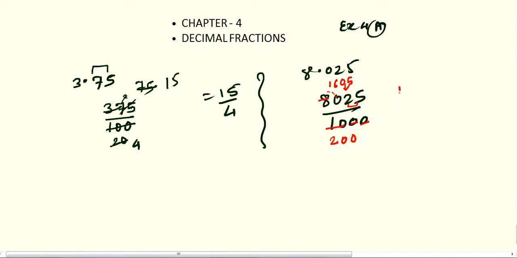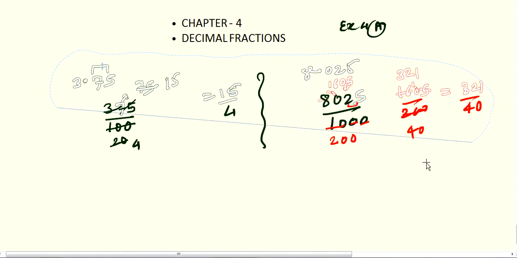Clear? Now we are having 1605 divided by 200. So further 5 3s are 15, 1 remaining, 0 will become 10, 5 2s are 10, 5 1s are 5. Divide by 5, 4 5s are 20 followed by 0. So 321 upon 40 is the required answer. So like this you have to solve question number 1. You have to reduce. Then in question number 2,